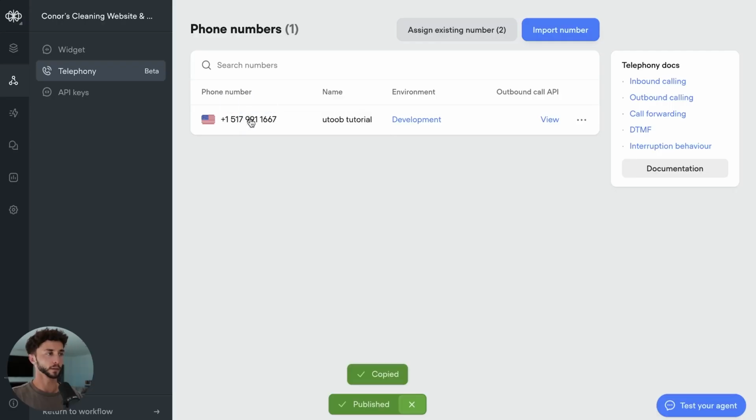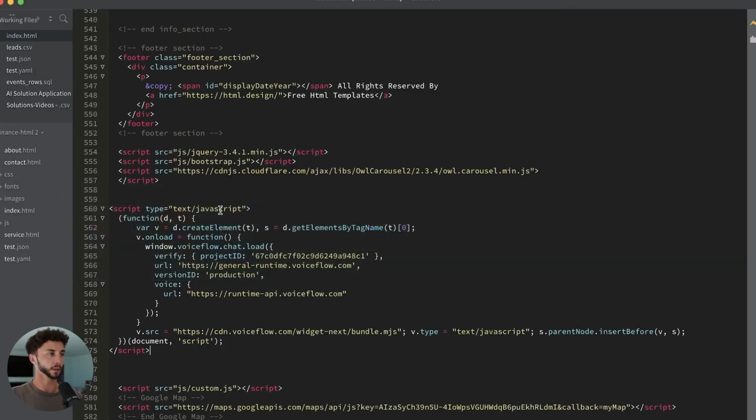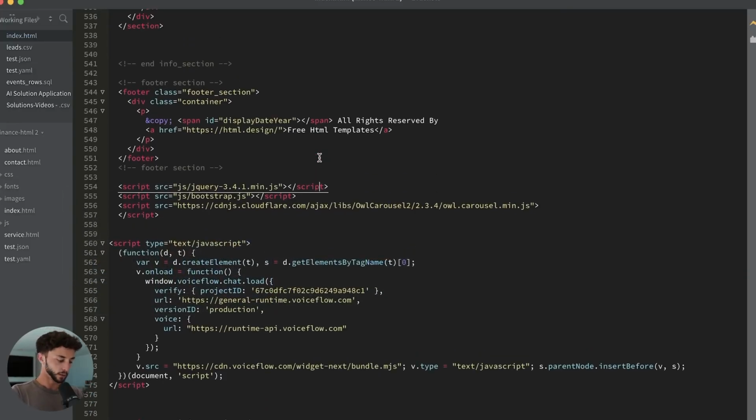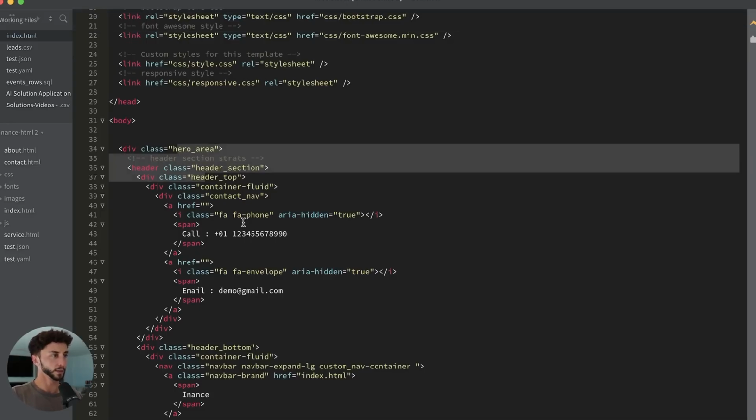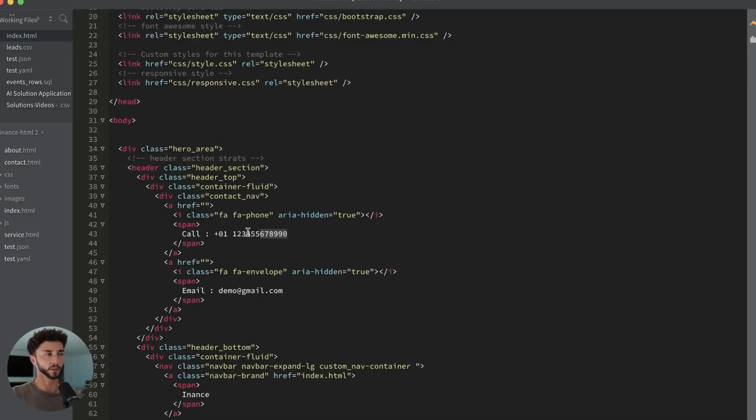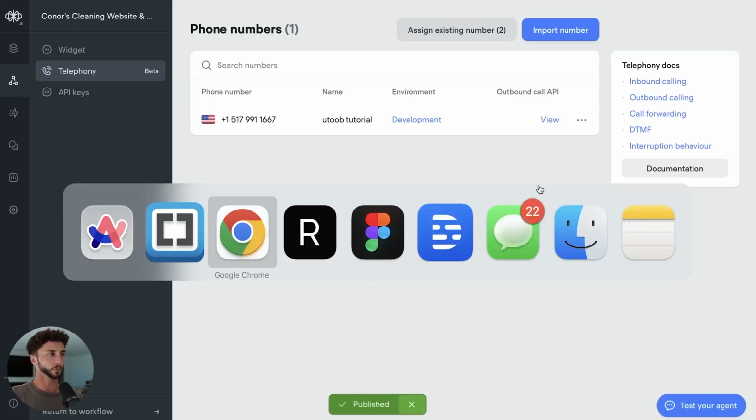So if I click to copy this number here, I go back to my little website code here. If I go find plus and plus one, oh, there we go. So we have the call. This is in the header. This is just me wanting to put it on the site for you guys, so you guys don't necessarily need to copy this. I'm going to save that. If I go back to my website here,